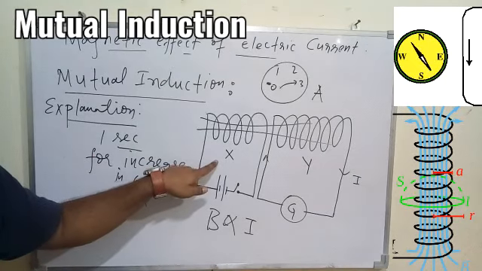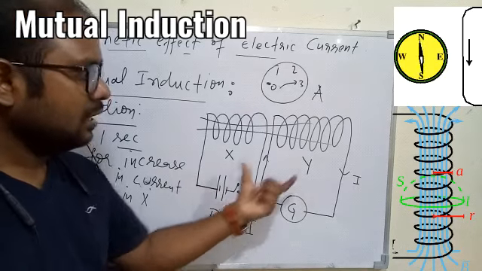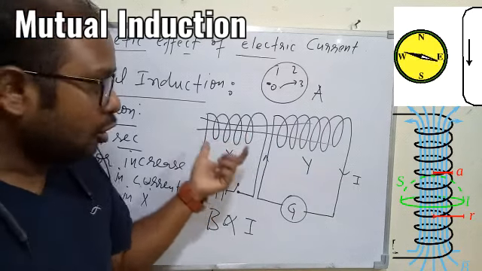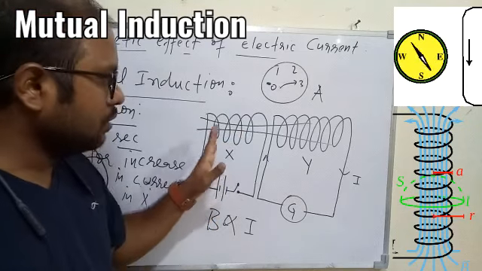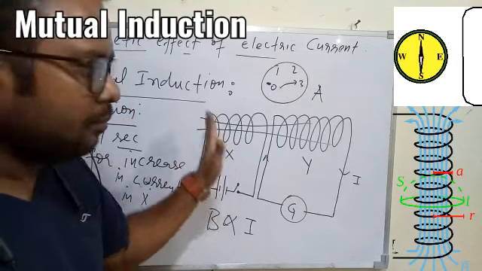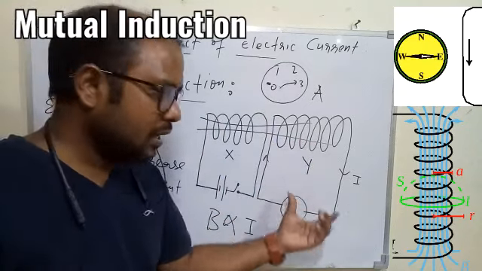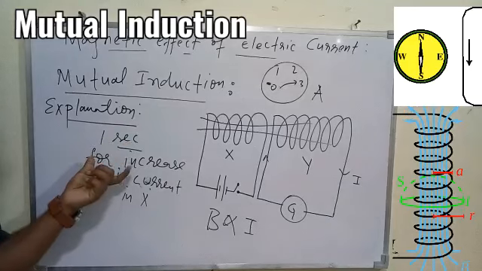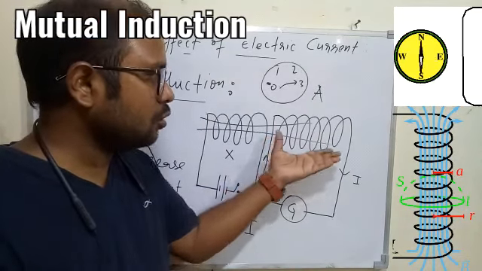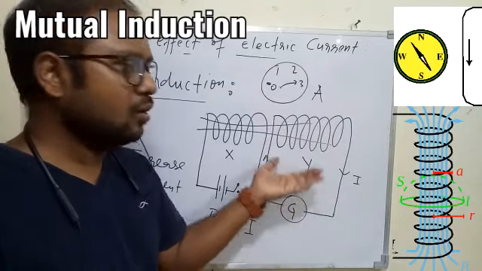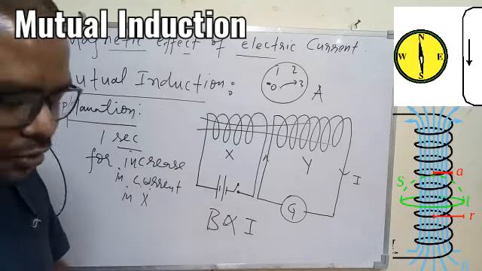Maybe within a second it will increase. But within that time, since there is a change in the current in the coil X, there will be a change in the magnetic field of X for a second. Or we can say there is an increase in the magnetic field in X, and since the magnetic flux of X is passing through Y also, within Y the magnetic flux will change for a second, meaning it will increase for a second. So for a second there will be a change in the magnetic flux within coil Y, so there will be induced current in Y, that is nothing but EMI. Okay, so I hope this part is understood.